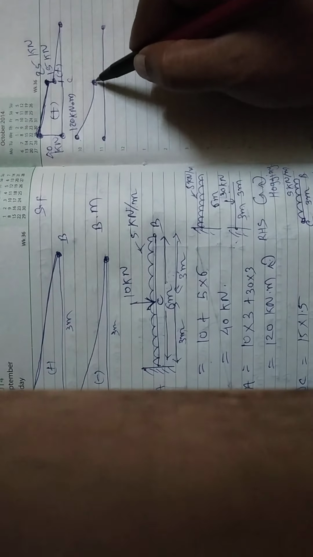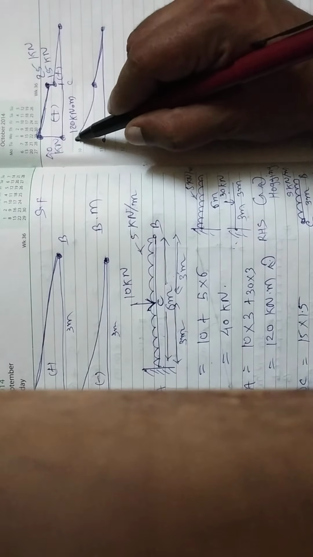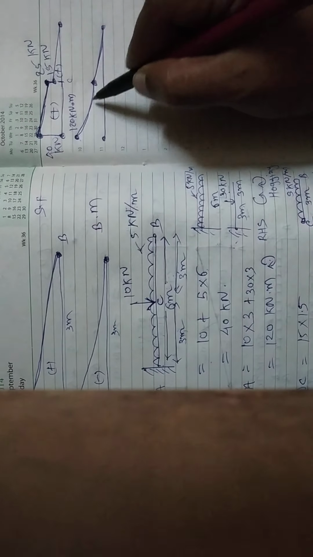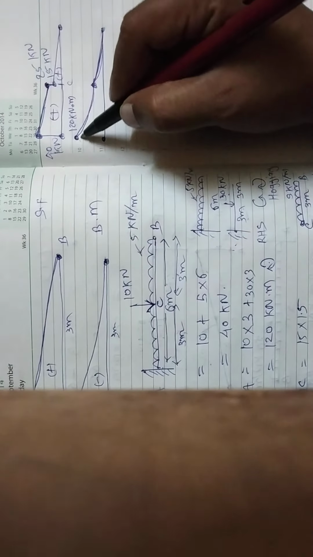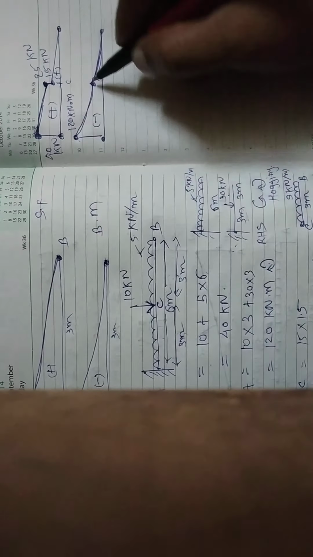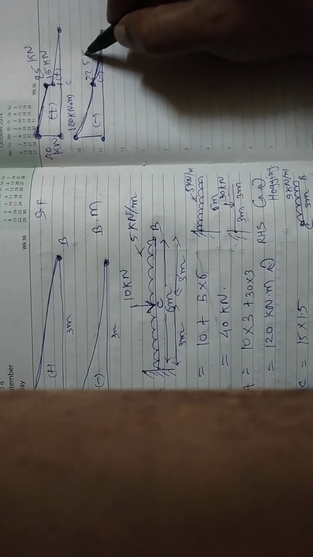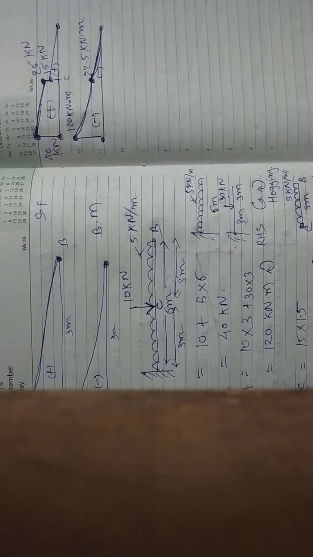So 120 and 22.5. So this is a point load application. So your first moment is here like this, and second moment is like this. Right. So it's not a continuous parabola. Due to point load, it is just a little bit of deflection, as you can see in the shape. All right. So this is the moment diagram, and overall sign convention is negative. Right. So it's 22.5 kilonewton meter. So this is the shear force and bending moment diagram of cantilever beam subjected to UDL as well as point load.